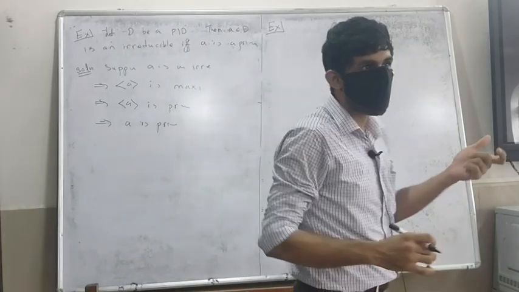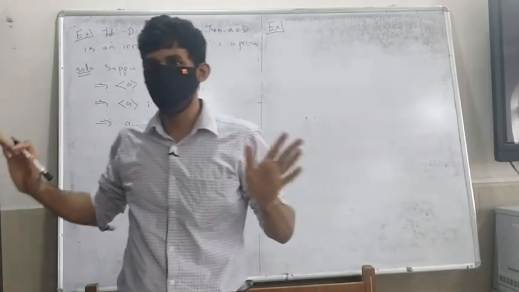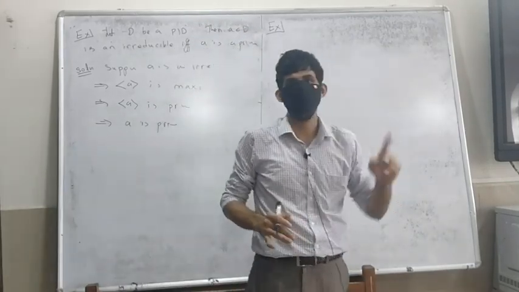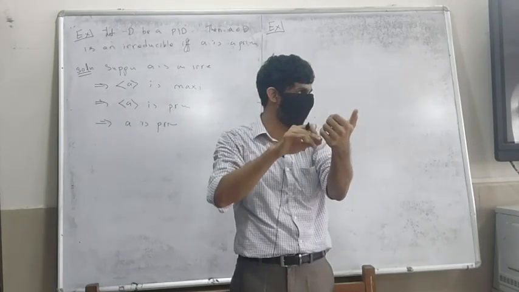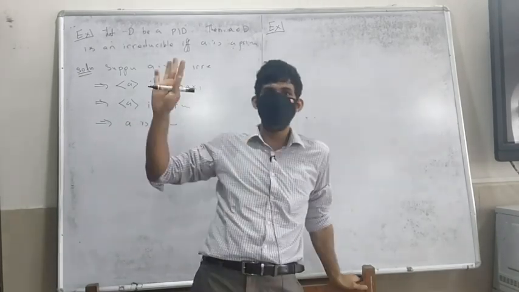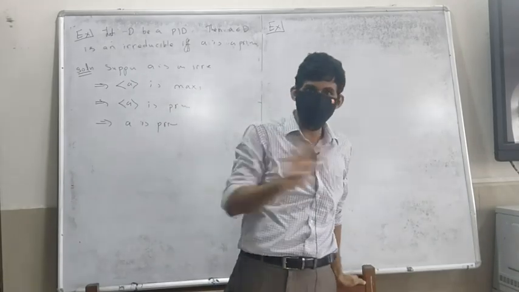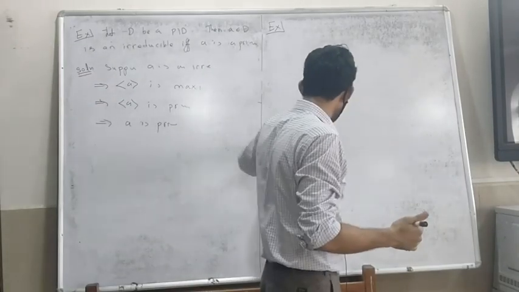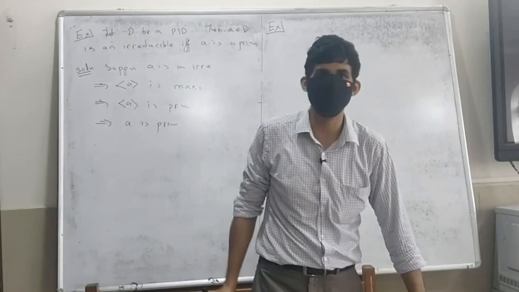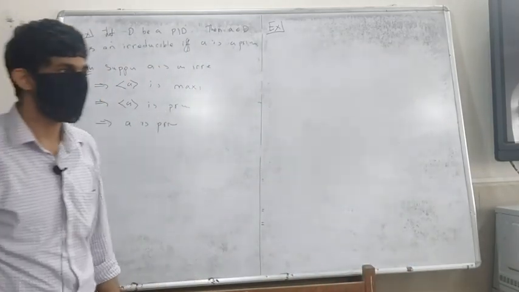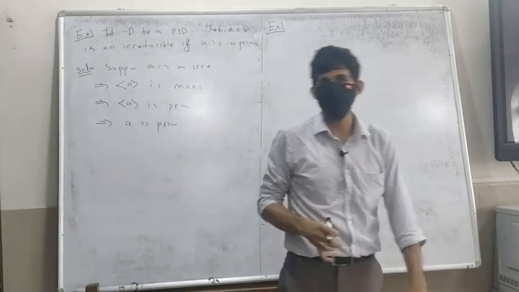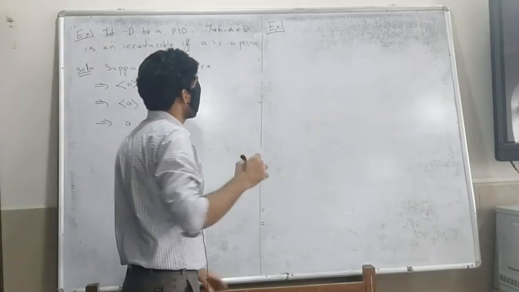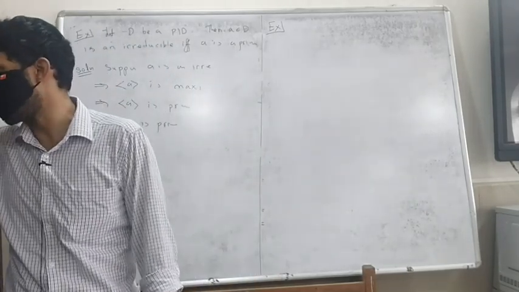Not a proper square will first of all take all negatives, because no negative integer can be written as x square. That will take all negative integers with it, and we will also have many others like 3, 5, 7. All primes will also be included in that. Square free integers obviously will have to come, but more than that, no need of taking this in that way. Okay, anyway.